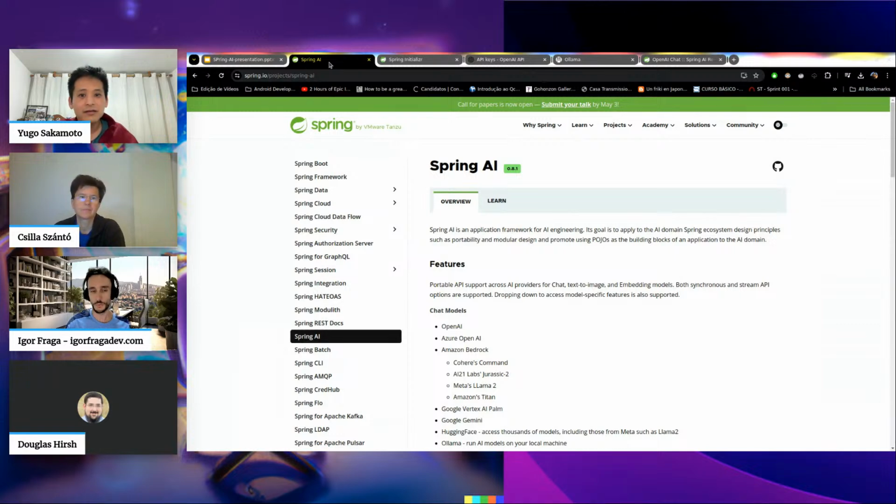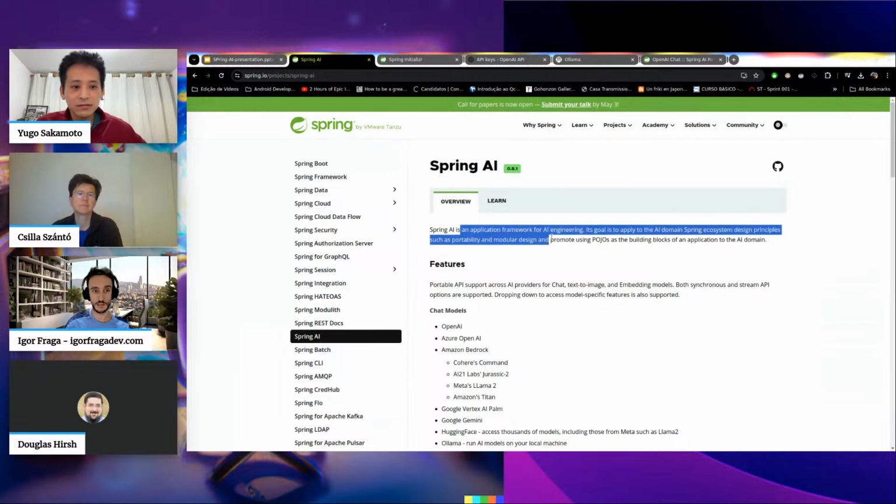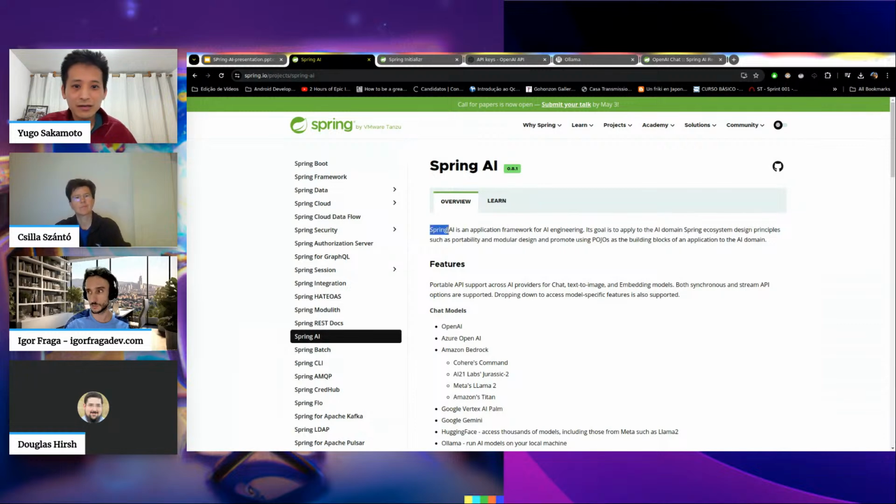Because if we want to develop in Java, we had LangChain4j before, and now we have Spring AI coming into the Spring family. Like we said in the beginning of this presentation, it's the most broad and widespread framework.